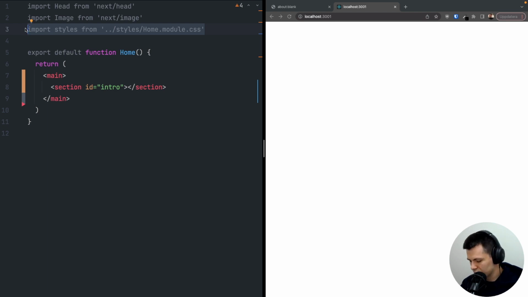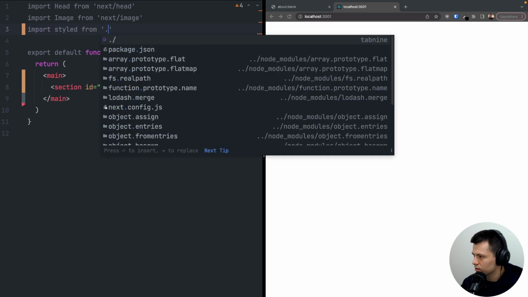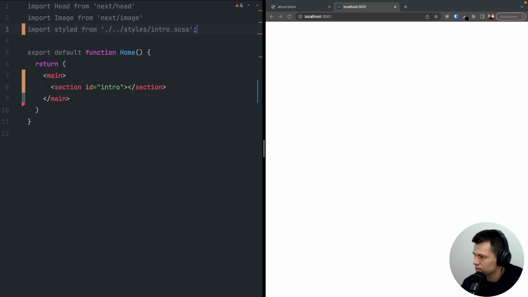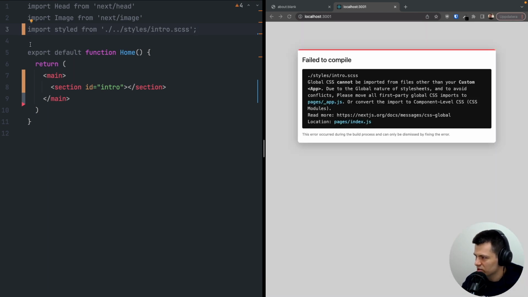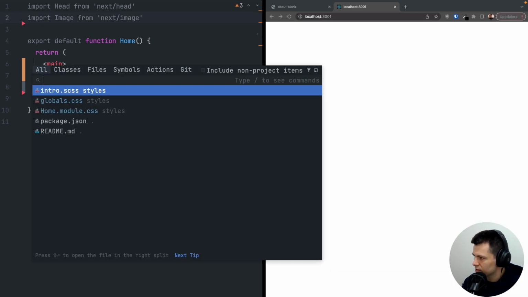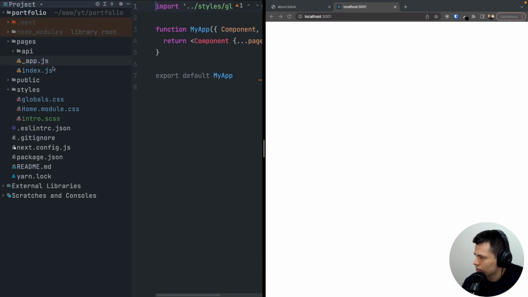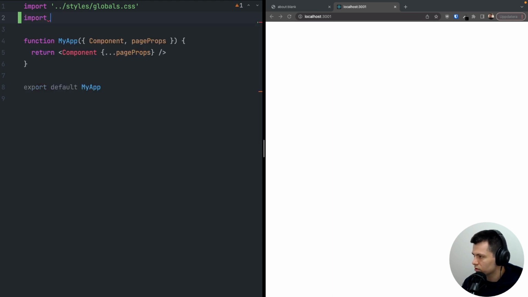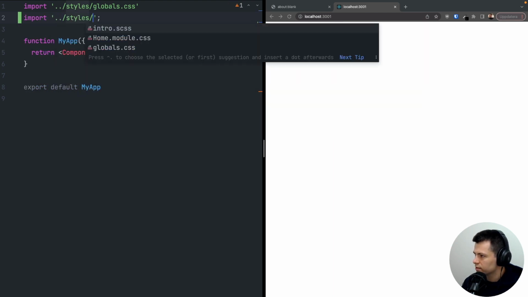So let's put it like this. Let's do just import styles from, I think it should go like this, /styles/intro.scss. And we get an error because we can't import like this. As you can see, global CSS cannot be imported from files other than your custom app. So instead of putting it here, I will remove it from here and let's go to our main app component. As you can see, we have some globals here, but let's also put our home styles,